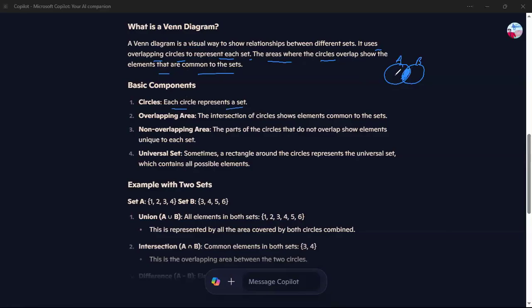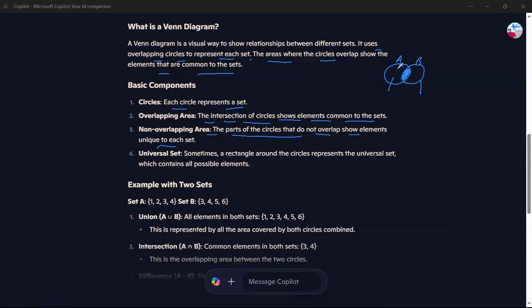Each circle represents a set. This circle represents set A. This circle represents set B. The overlapping area, the intersection of the circles, shows elements common to both of the sets. The non-overlapping areas, the parts of the circles that do not overlap, like this and this, show elements which are